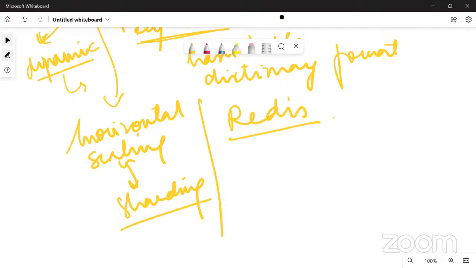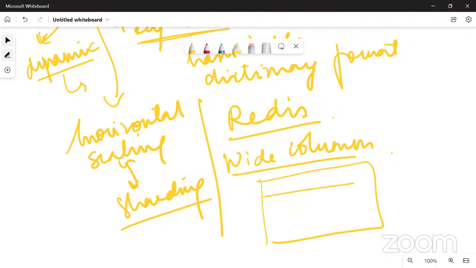The next is wide column data store. A wide column store has tables, rows, and columns, but the names of the columns and the types may differ from each row in the same table. So when we say wide column, please don't get confused with the traditional RDBMS. It has tables, but the schema is not fixed, with different column names, and each record can have different data.